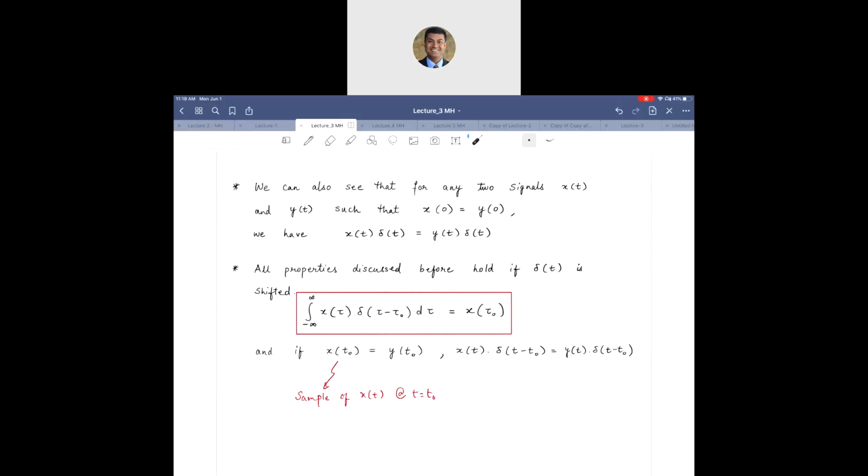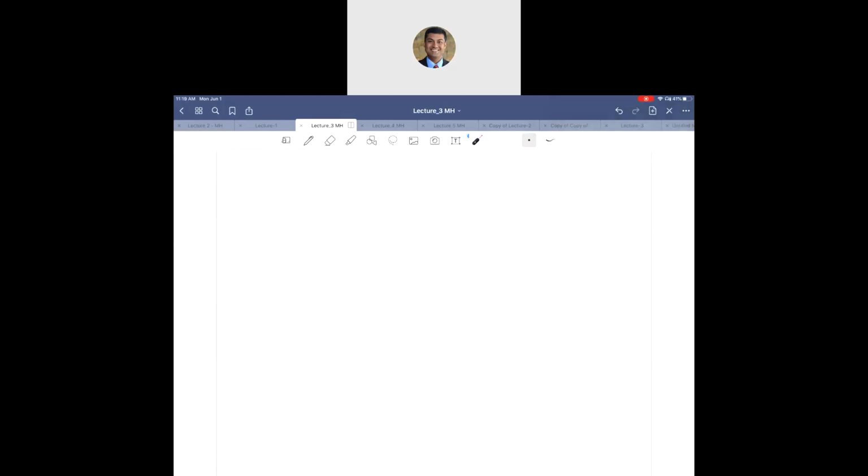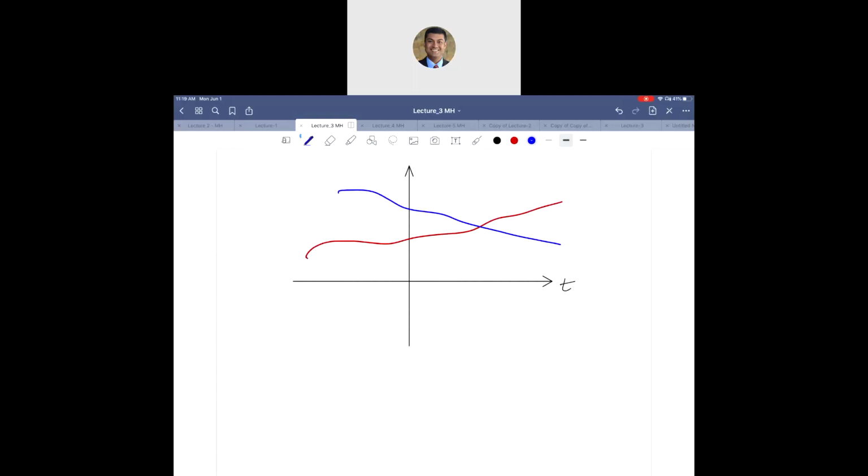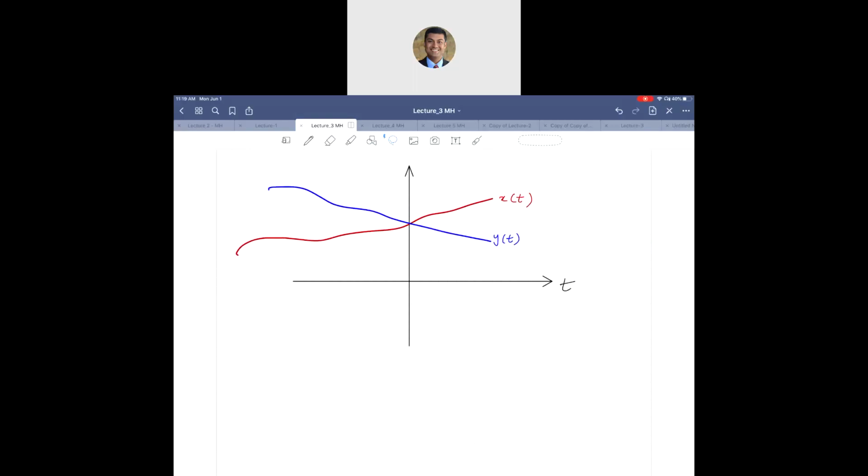So you can think of it graphically as this. Imagine that we have, let's say black here, this is still time, and some functions plotted together. In red, I'm going to do this, and in blue, I will do this. I have this as my y of t, and this is my x of t, for example. No matter what they are at other times, let me move these two to 0, because right now we are talking about 0. If they are the same at the point of interest, which in this case is right there,